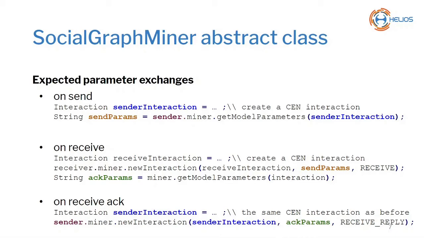Then, the receiver calls the getModelParameters method to obtain a string serialization of the parameters to send back. Finally, the sender gets the receiver's parameters and calls their own new interaction method. This uses the same interaction object as before and a receive reply enumeration label. Do note that different instances of the contextual ego network and the Social Graph Mining modules run on the sender